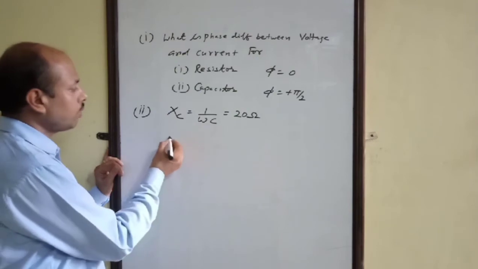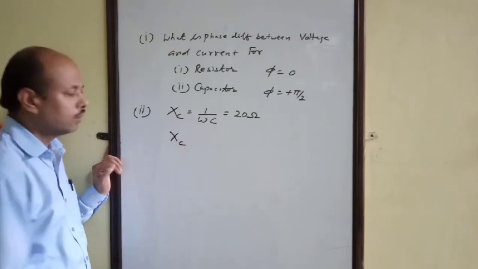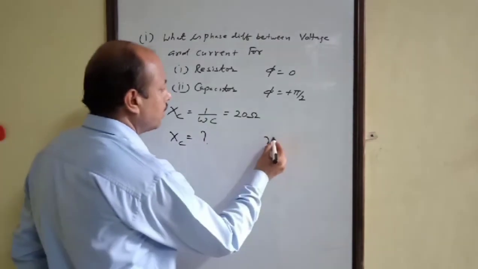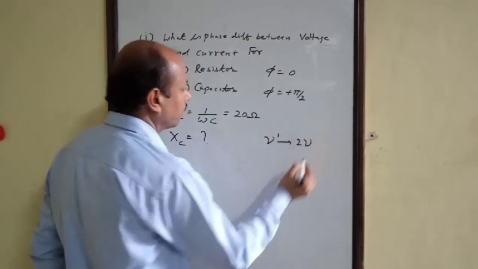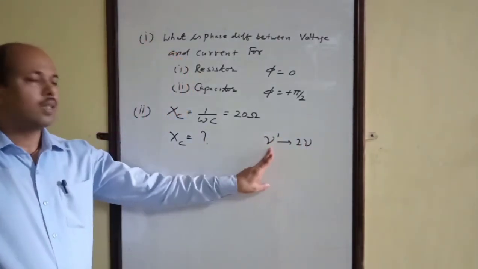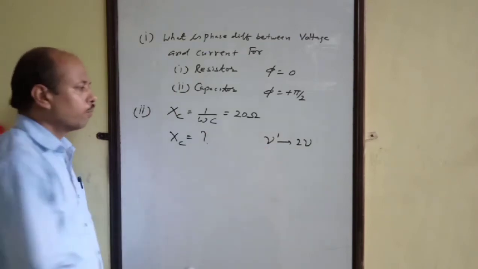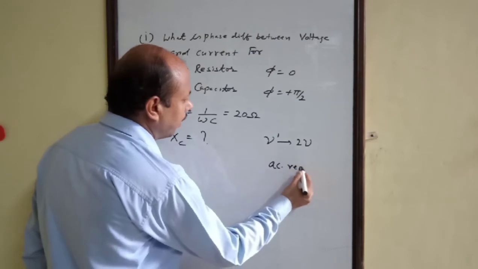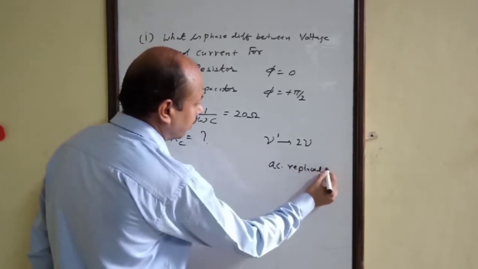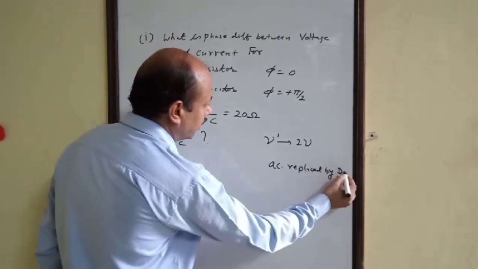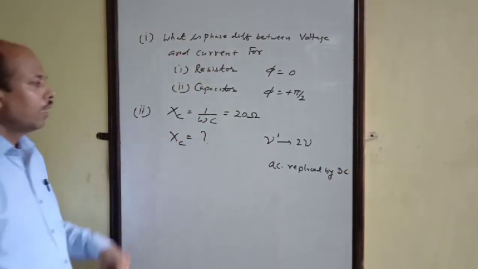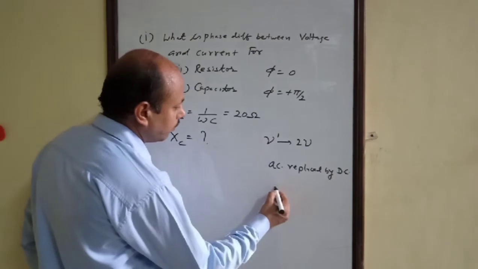The question is, what will be Xc if, number 1, frequency is doubled, number 2, AC is replaced by DC, and